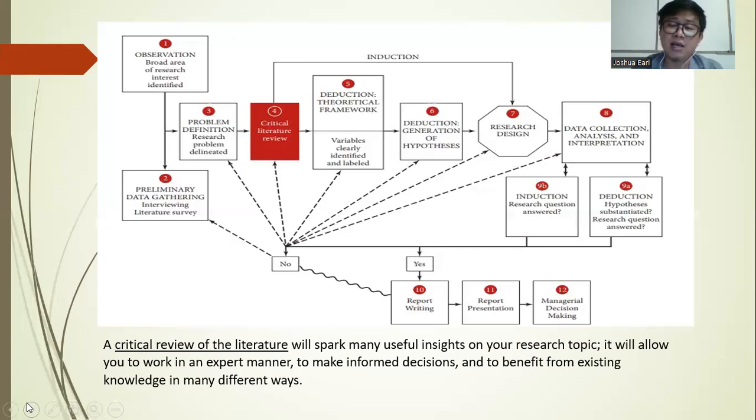Aside from that, as I said a while ago, it can also help in the research design, as well as the data collection, analysis, and interpretation. Basically, the critical literature review will be the heart of your research, to back up the uniqueness of your research in its field.